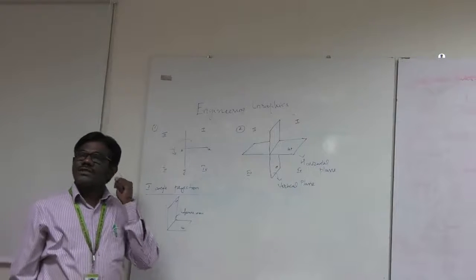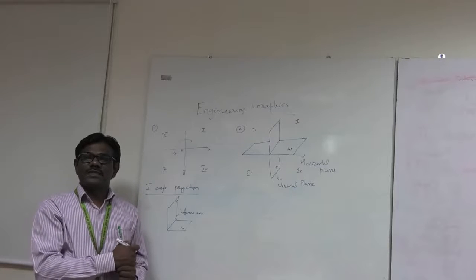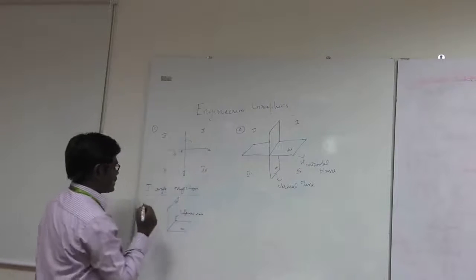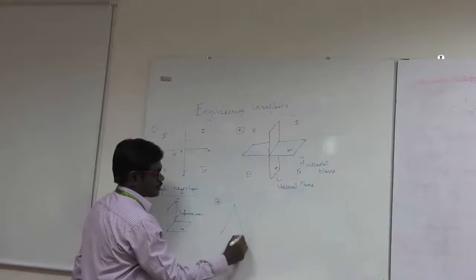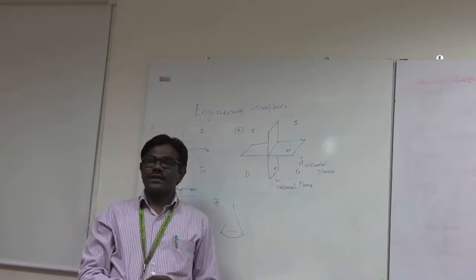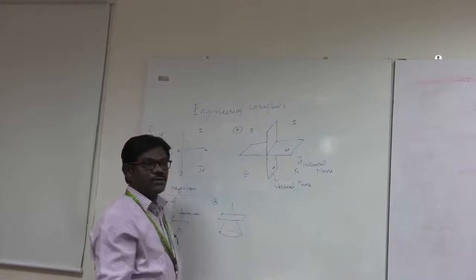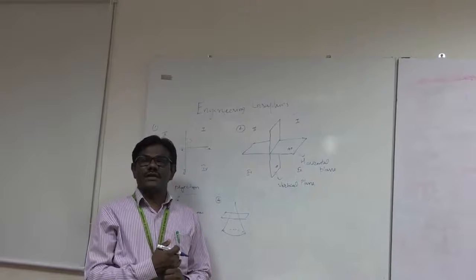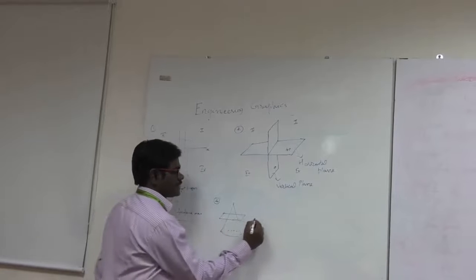Since we deal with first angle projection, we take those two planes separately and we are going to draw the projections. These are the first two steps, this is the third step. In the fourth step, I take a solid cone. I cut the cone by a cutting plane parallel to the base. So what will I get? Suppose I cut the solid cone with a cutting plane parallel to the base, I'll be getting a shape like this.